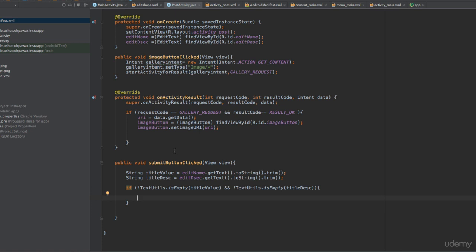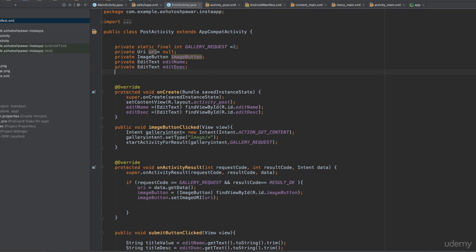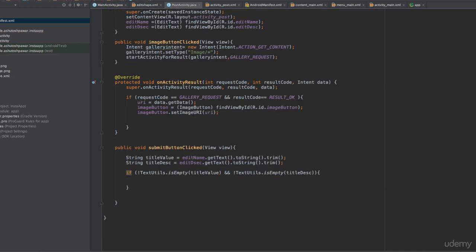In order to make sure that you are able to store the image into the backend, the first thing you need to do is get the reference to the storage. So you again go back here, type in private StorageReference, and let's name this thing storageReference itself. Once we have the storage reference, the next thing we do is go ahead inside here, and type in storageReference filePath equals storageReference dot